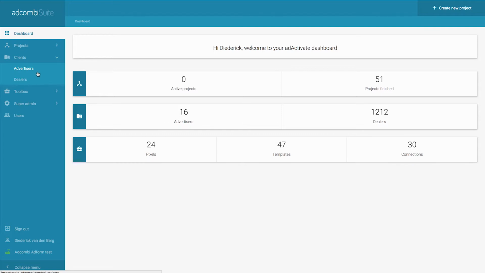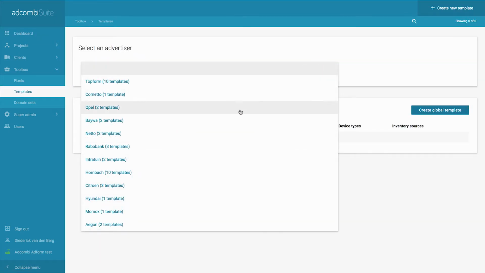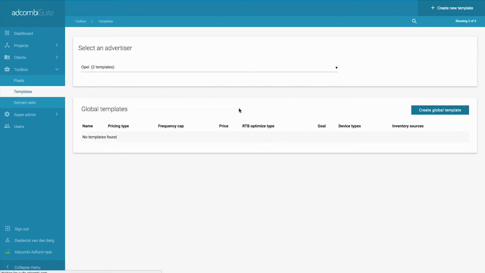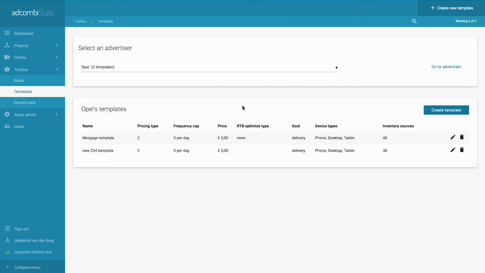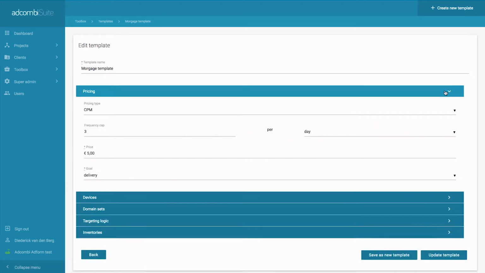Well, how do we actually set up a whole project? Before starting the project, it's good to know that there's a template section. Within the template, we can select an advertiser. For instance, on Opel, we already have 2 templates set. We can edit the template, and within the template we can have the whole pricing with frequency capping,